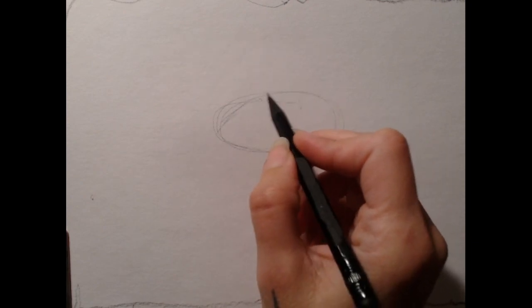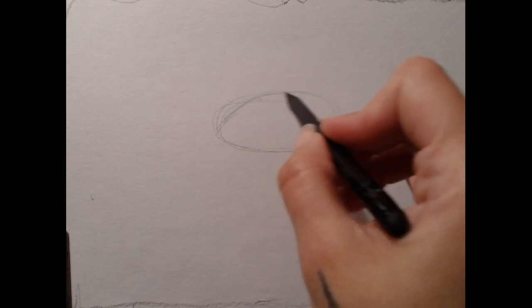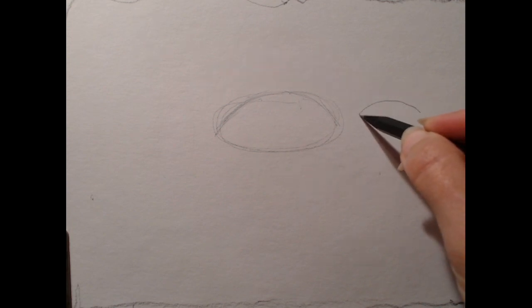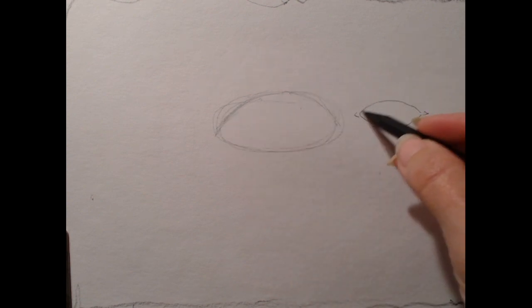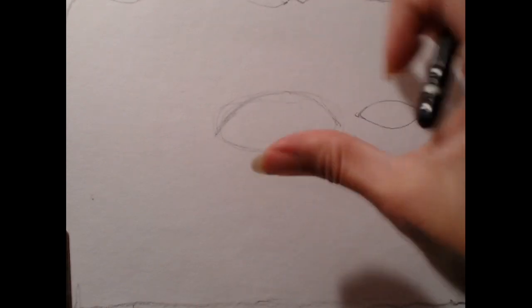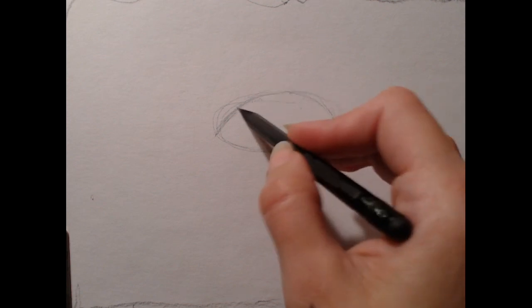And I would say that the almond shape applies to basically every eye shape, because I think the point of calling the eyeball shape an almond is that almonds are like this, they're pointy on both sides. And so I think the point of saying the eyes are almond shaped is precisely that they're pointy on both sides, and that is indeed what happens basically with the eye, regardless of their size or whatever. Okay, so almond shape, that's the top,